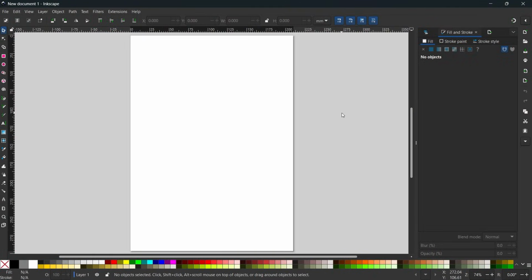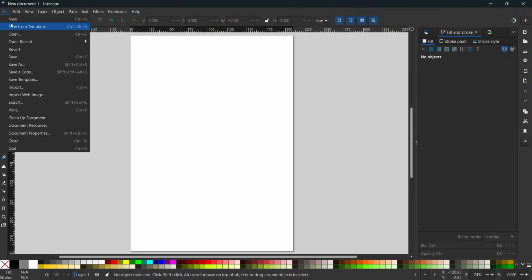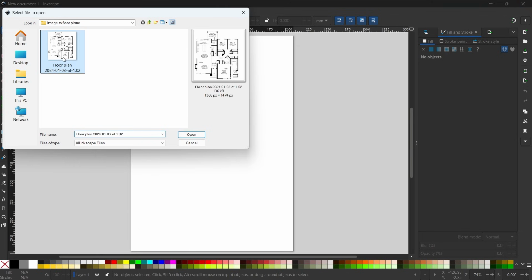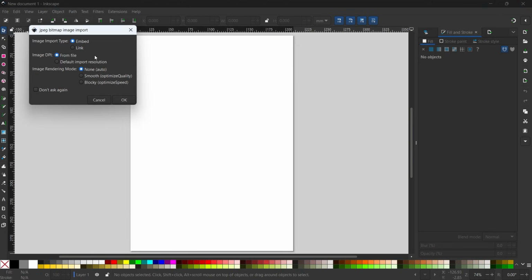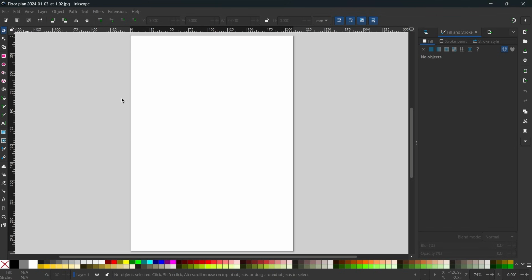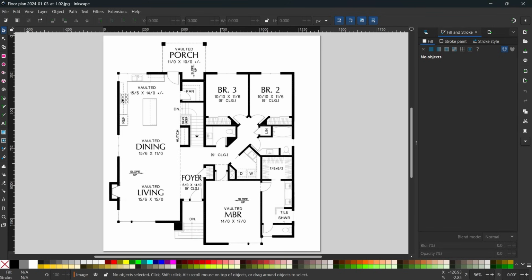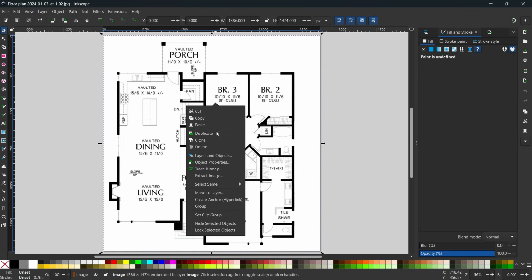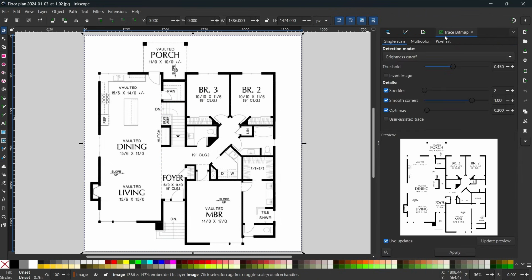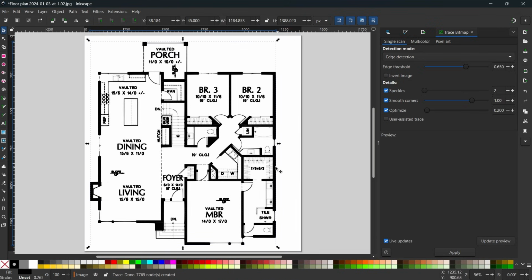After installing it, the interface will look like this, where we can open or drop any image on this canvas. You can hit OK on the import settings, then once the image is here, right-click on it and choose Trace Bitmap. This will open a new tab on the side. At top, there are different methods to detect layers from the image based on edges, colors, and many other things. And at the bottom, you have a preview of what those choices are going to result in,